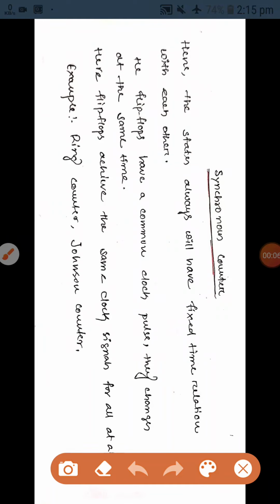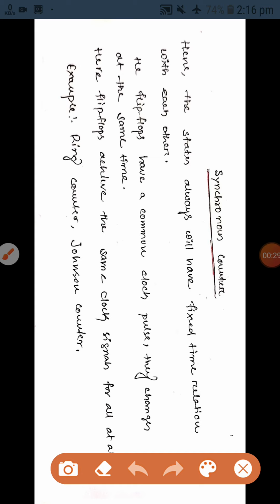So today I am back with the types of counter. In the last video of counter, we have seen what is counter and what are the different types of counter. We have seen up counter and down counter. Up counter counts upwardly, down counter counts downwardly. And what is a counter? Counter is a device which is a combination of flip-flops, used for counting purpose.